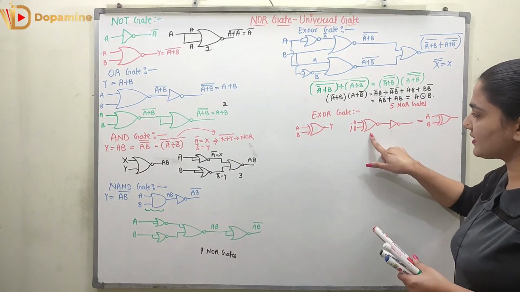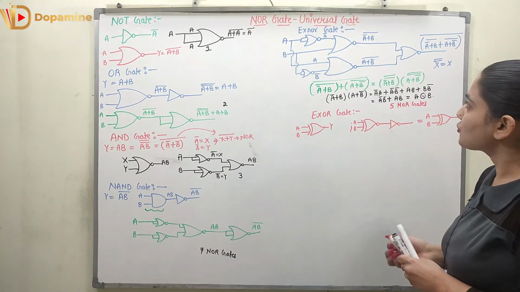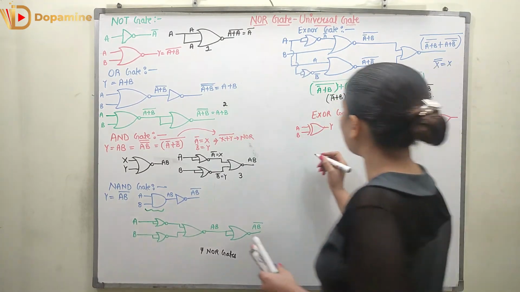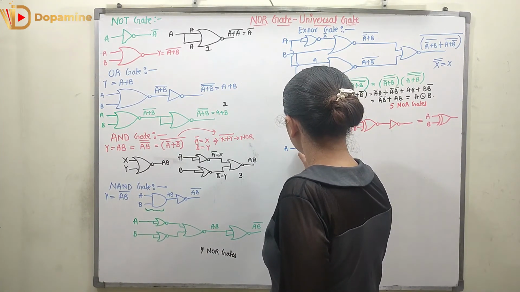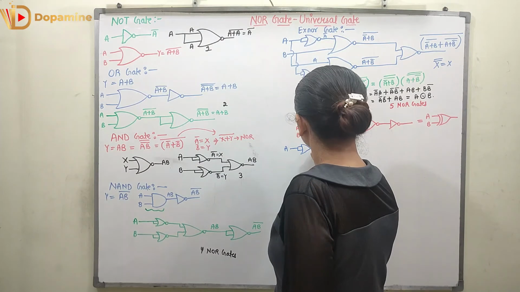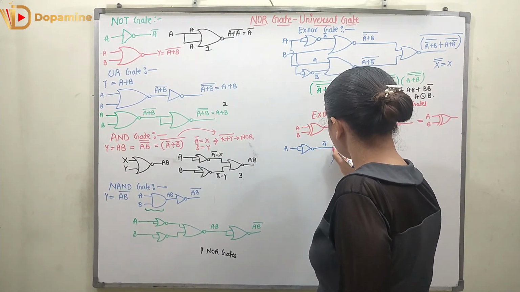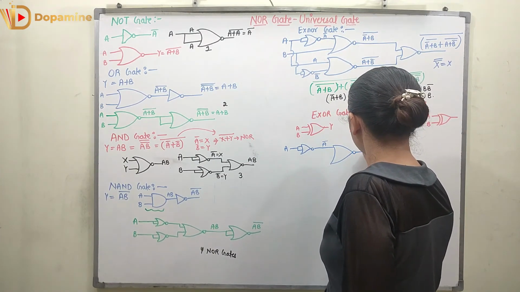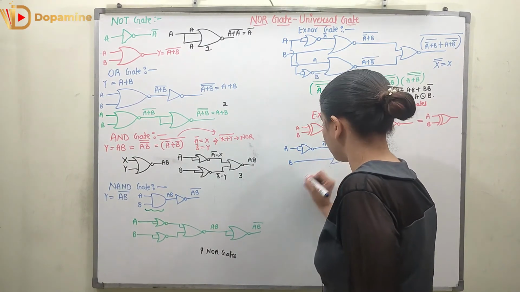We have already designed the XNOR gate. We have to connect it to the inverter. Now I know how to make the inverter using the NOR gate, so let's make it. We will have A, which is connected to a NOR gate. Here I will get A bar, which is connected to a NOR gate, right? Here I will get (A bar plus B) whole bar. Here I am connecting it to B.